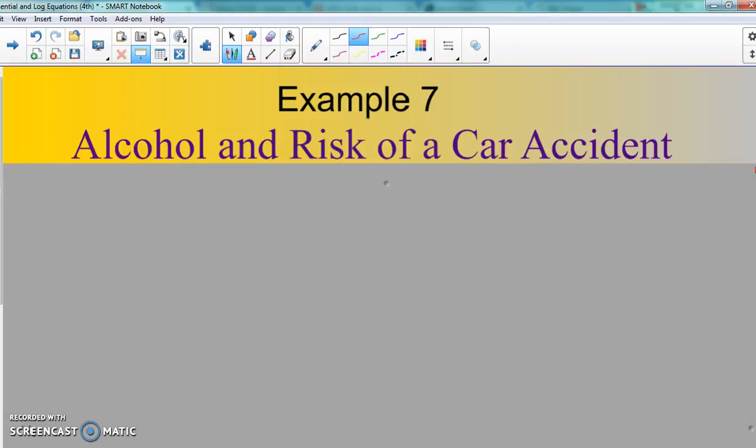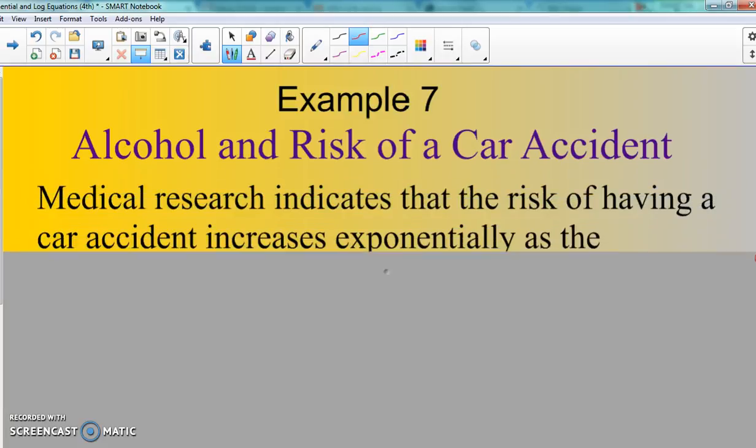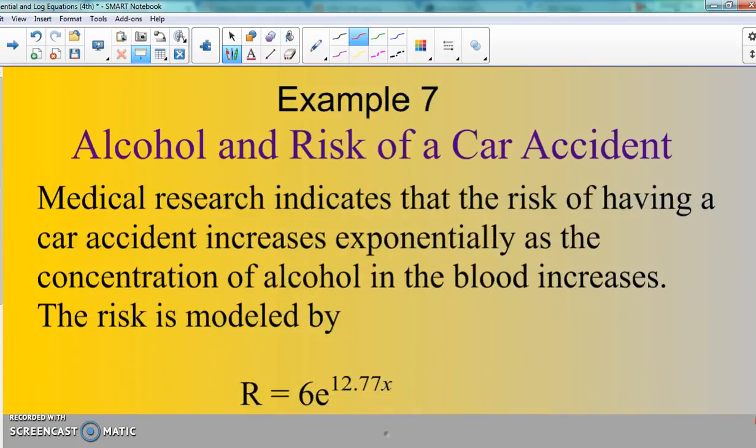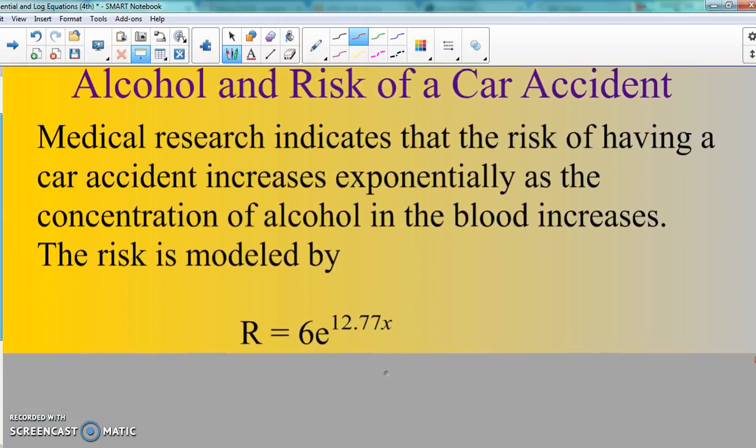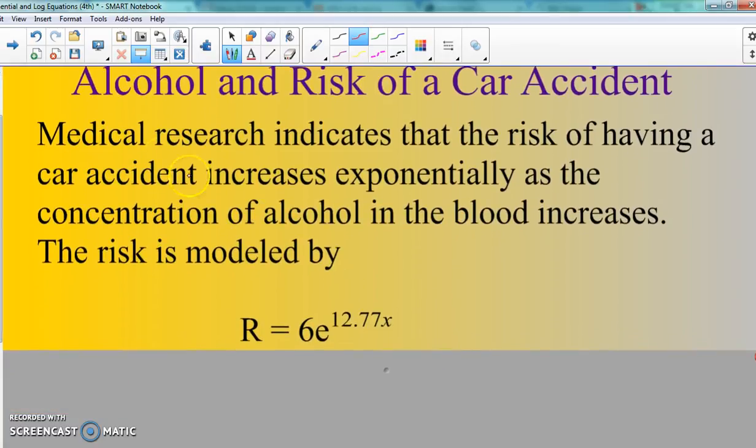So we're going to talk about the risk of it and the chance of getting into a car accident, all the good stuff. And with this, I would say personally, if you don't have to drink, don't drink. It's not that important that you do, because it impairs who you are and it changes you. So I don't think you should, but it's up to you. You can always do it if you want to, but if you don't have to, I would say don't do it. Don't do it.